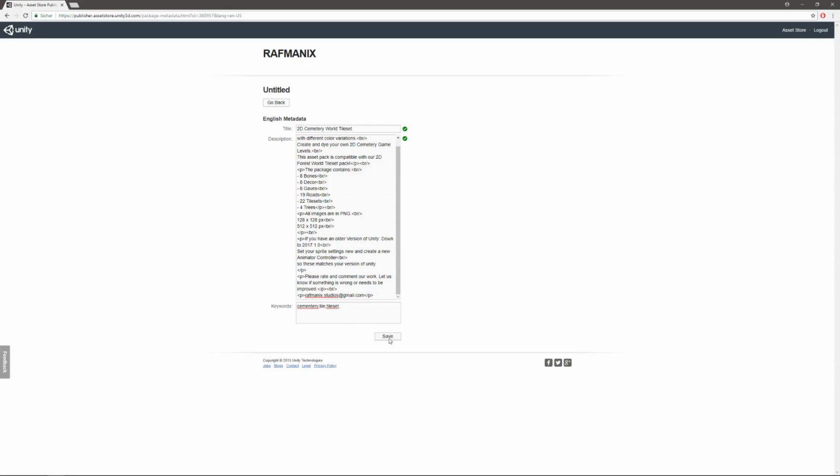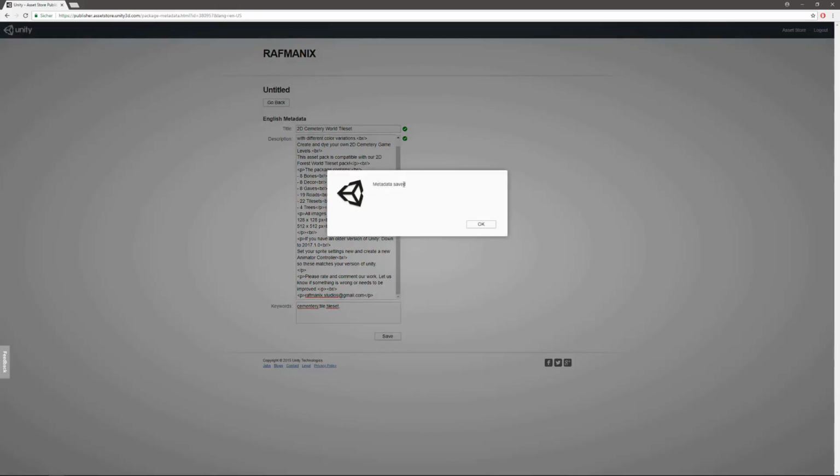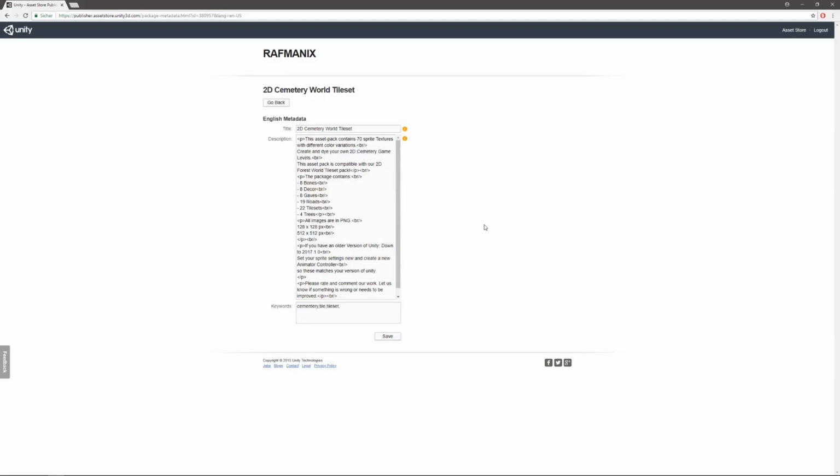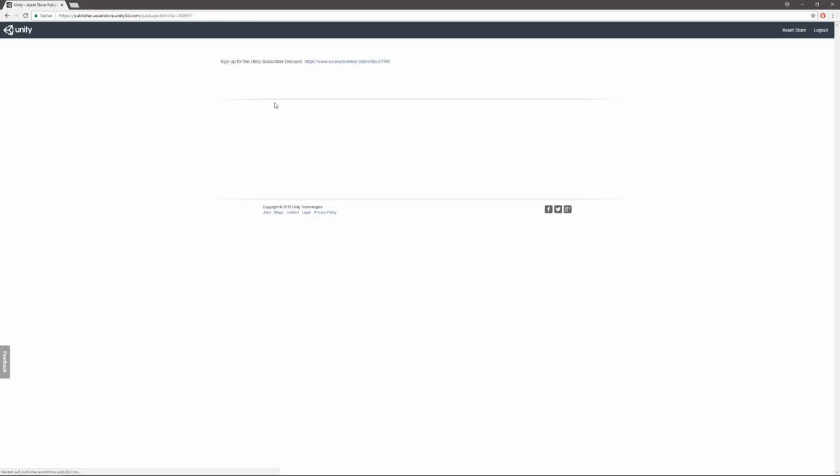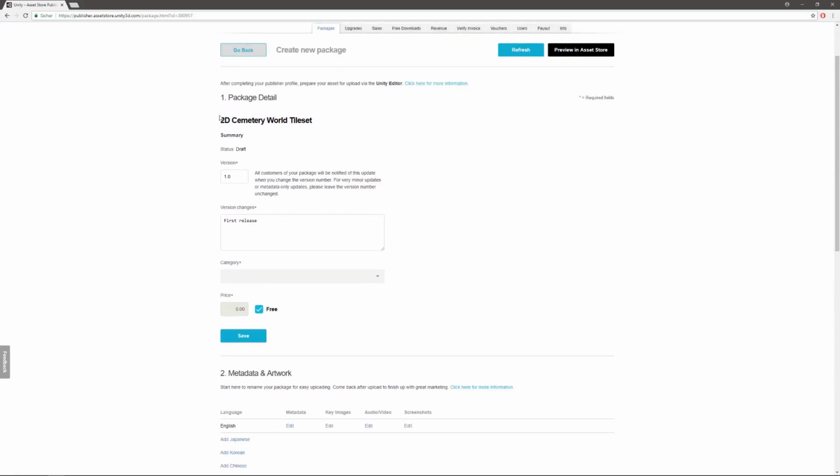When we have done this, click on Save. Your metadata is saved. Click on OK. Then let's go back. Now you can see that the title of your package has been updated.